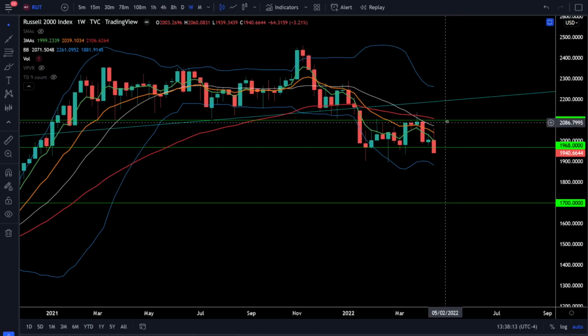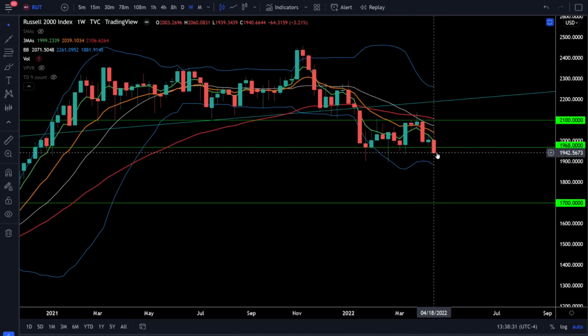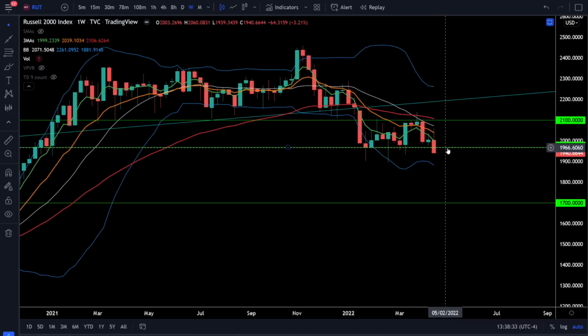You can see on the weekly chart, we do have the bear trend and we do have the bearish price action. So there is no reason to expect the Russell 2000 to be getting bullish anytime soon, unless it can start breaking out above 2100. But right now we have the confirmed bear breakdown in the price action. We have the confirmed bear trend on the weekly chart. So you should be expecting to see the Russell 2000 getting rejected at resistance around 1960 and continuing to trend